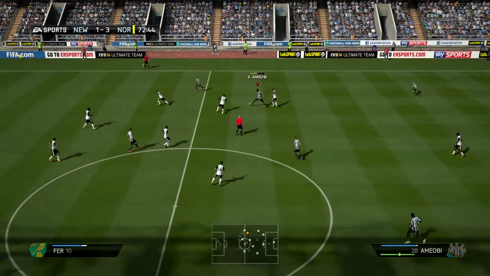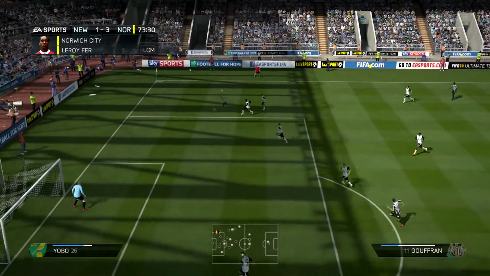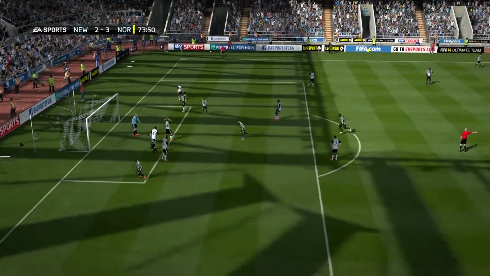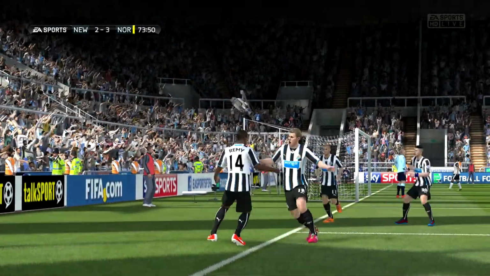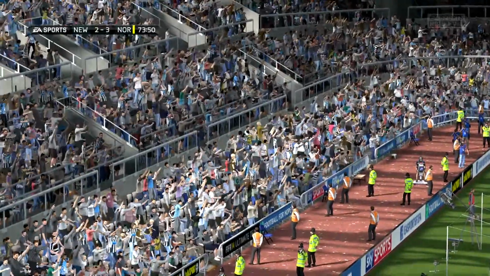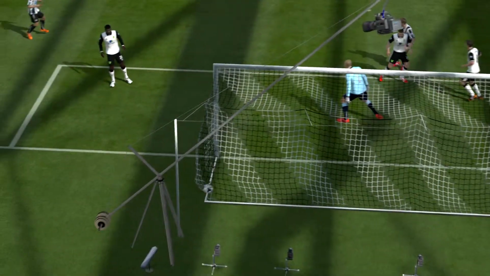Colaccini finding Amiobi. Amiobi finding Gouffran. Gouffran's through. Gouffran with a cross. De Jong with a header off the crossbar, and it's in the back of the net. Newcastle with a goal, and can we bring this match back? It's a quick comeback for Newcastle United there in the 73rd minute. We have approximately 17 minutes to save this game, and De Jong has just done that with a header which